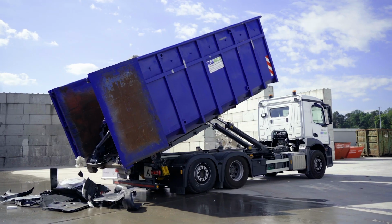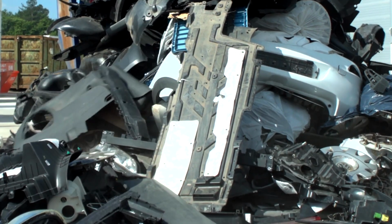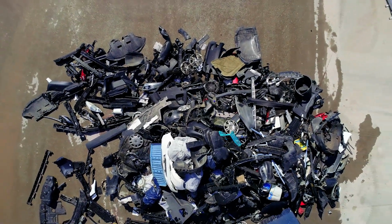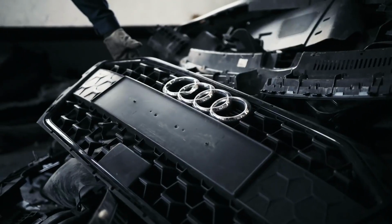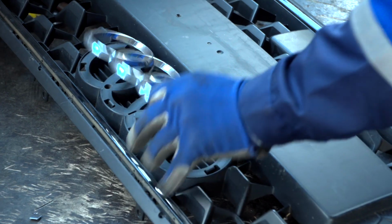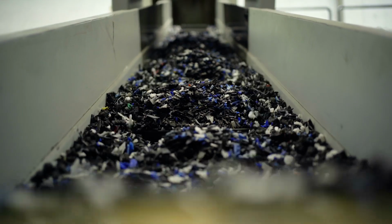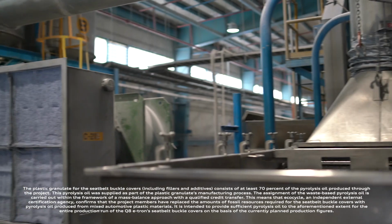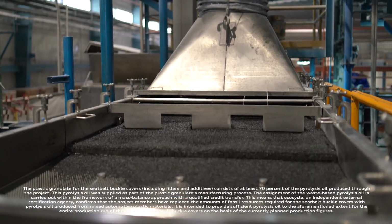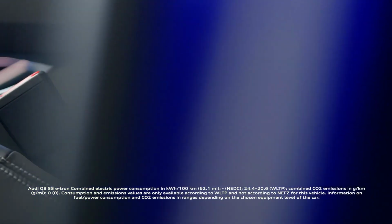Recycling of automotive plastic waste is a big challenge and opportunity for the automotive industry at the same time. That's why Audi and plastics manufacturer LyondellBasell have set up an innovative process called the PlasticLoop. For the first time, Audi is using chemical recycling next to mechanical recycling to recover automotive plastic waste. The plastic granulate gained in this way is used for the production of the plastic cover of the Q8 e-tron